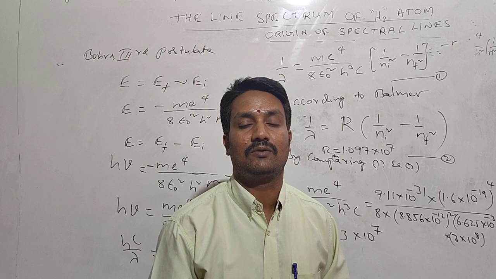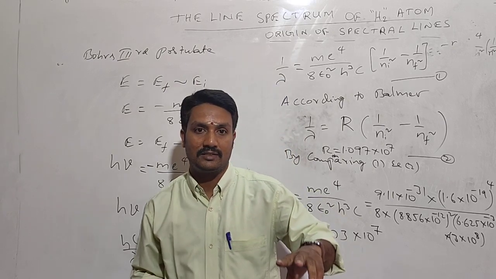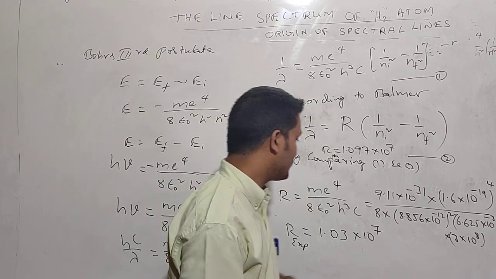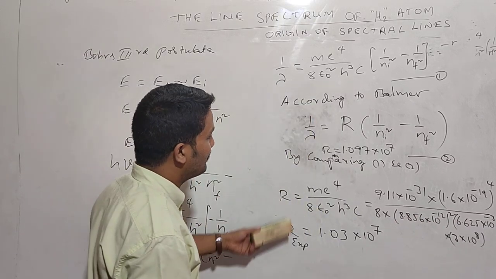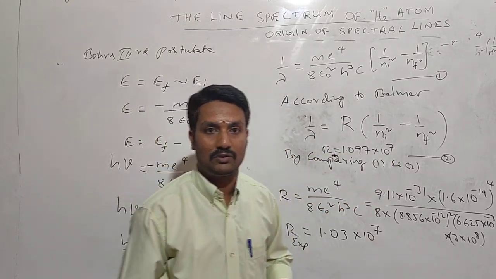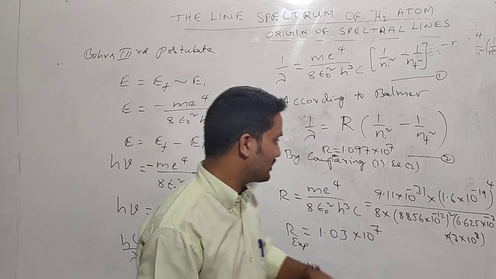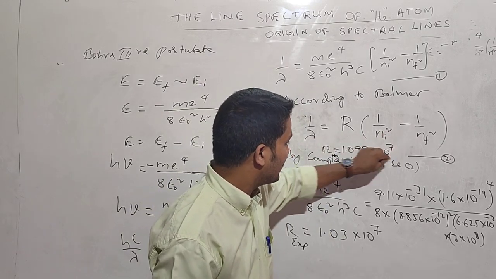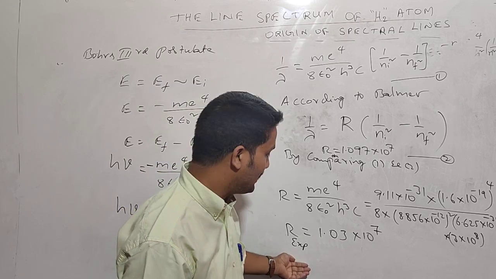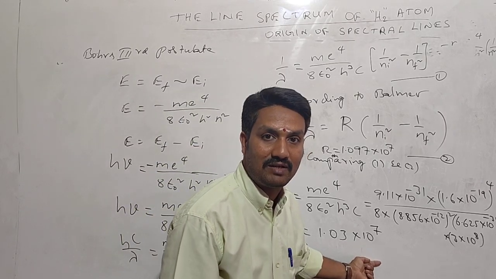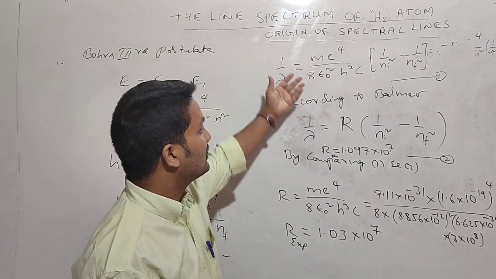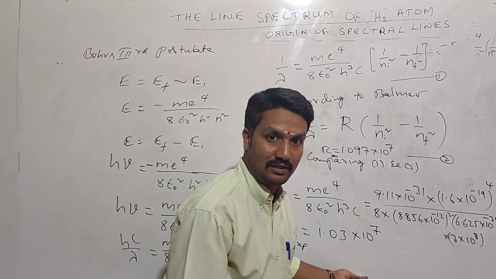And by means of this formula we can determine the different wavelengths in the spectra. So R is equal to 1.097 × 10⁷; we may follow according to Balmer. Why? Because that is the Rydberg constant value, and with these expressions Bohr also gets approximately the same value. Hence it was proved. So this is about the origin of the spectral lines.